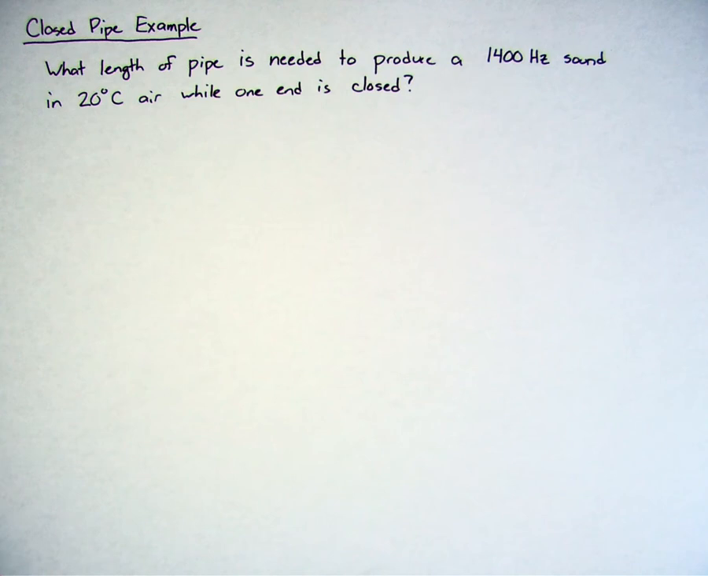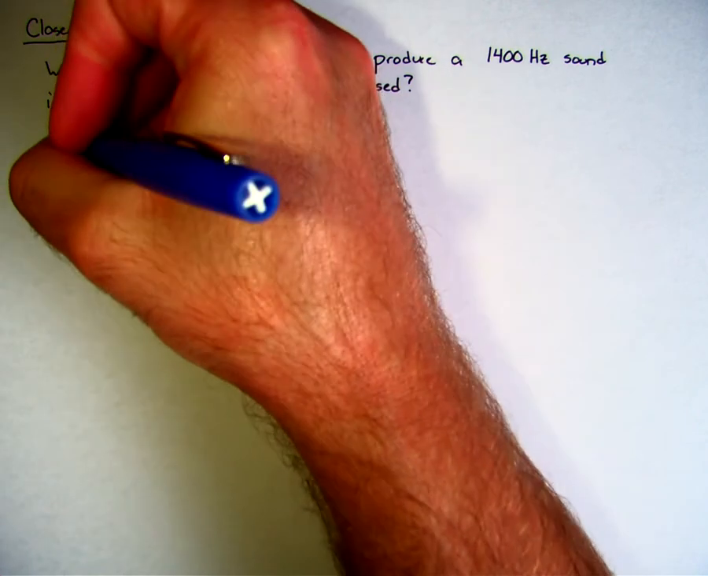This example will show you how to solve a situation where you have a pipe that's closed at one end. So we have this pipe and we're trying to figure out how long of a pipe we need to produce the 1400 hertz sound, and we also know the temperature of the air in which we want to produce the sound. So the first thing that I'm going to do is just figure out what's the velocity,